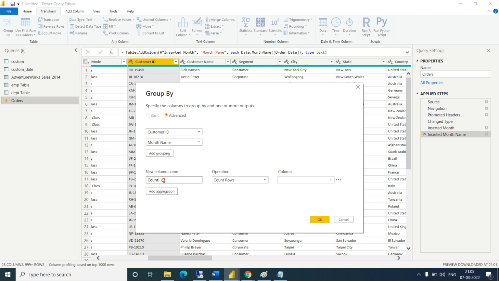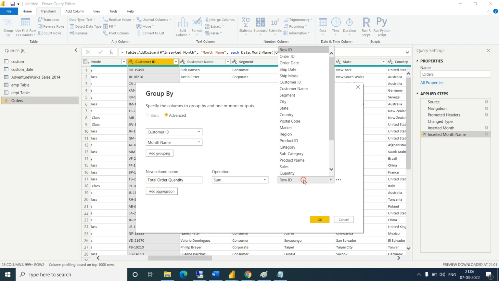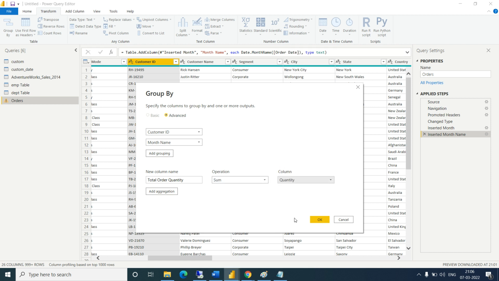Now let's try this count. What we want to do is take the summation, the sum of all quantity, the total order quantity.